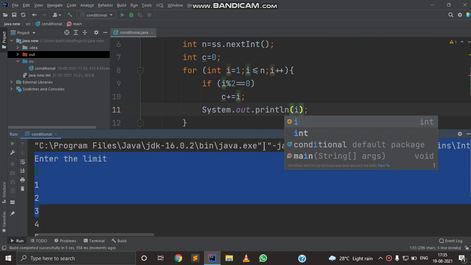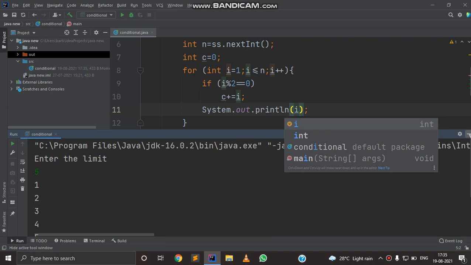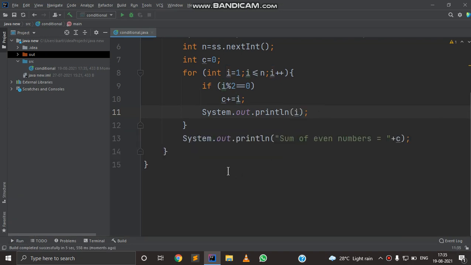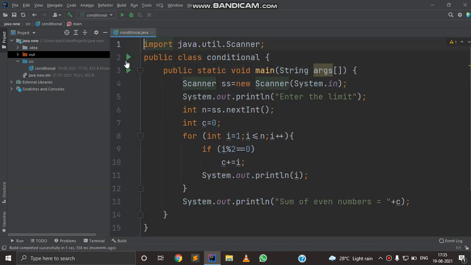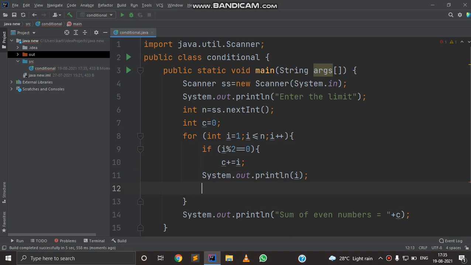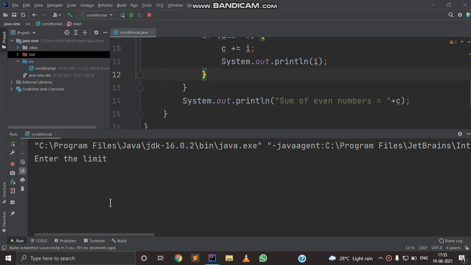Wait, it is not coming because of the System.out.println. Sorry, we have to put curly braces also, because if we don't put them, then only the statement given just after the if condition will be executed, not everything.